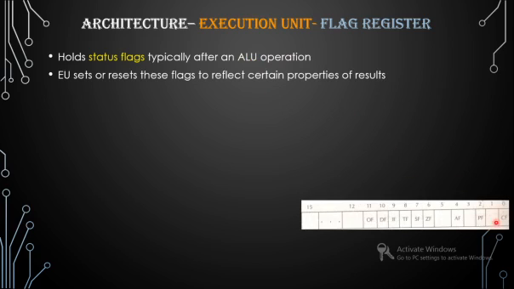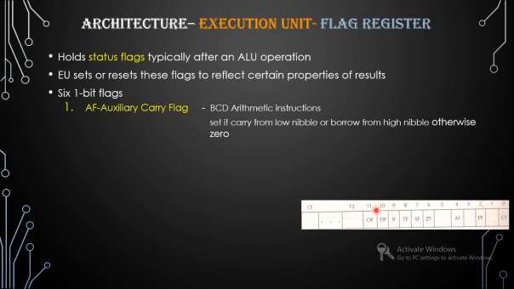So these were the 9 flags available in the execution unit. Those are carry flag, parity flag, auxiliary carry flag, zero flag, sign flag and overflow flag, which are the arithmetic flags, while we also have 3 other flags which are called control flags. Let us see each of them. The 6 1-bit flags which are considered math flags are